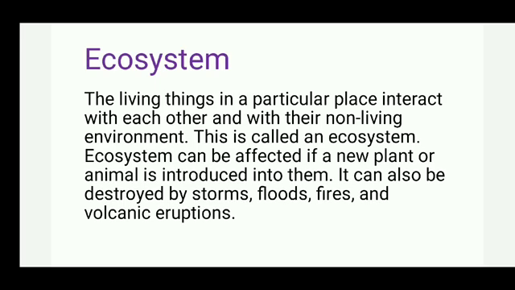Because of this volcanic eruption, earthquakes hit some part of the land and change the land from inside and outside. These natural disasters can affect the ecosystem very badly. And the word natural disaster means Kudrati Afat.